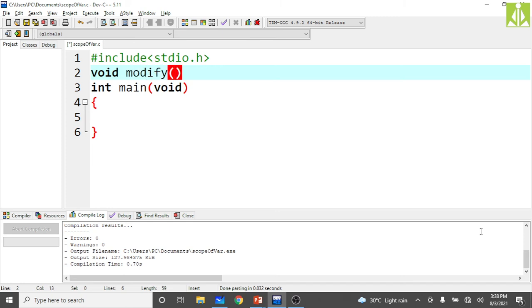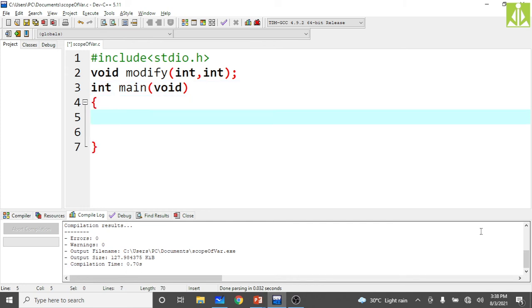It is having two parameters. So I'm taking two int data type specifications, because I'm going to pass two values to this function.